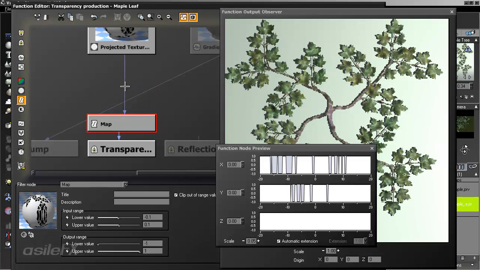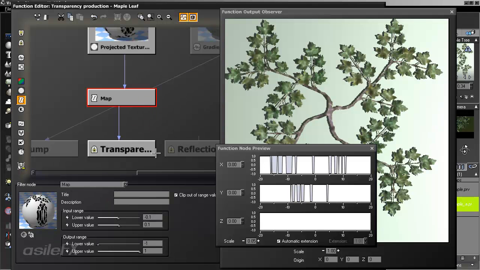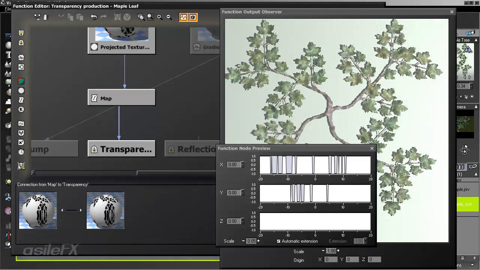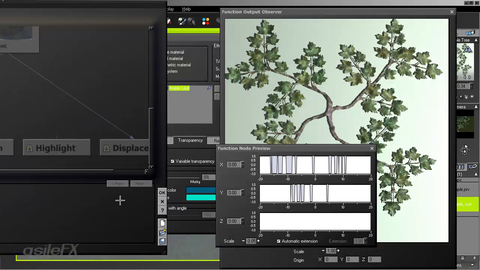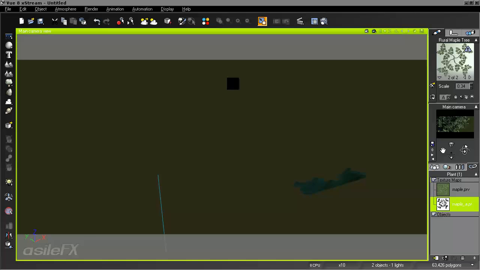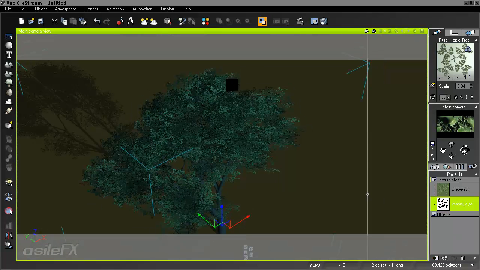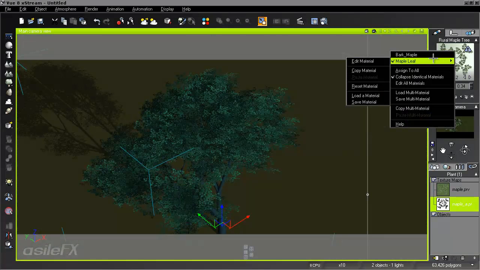Do you want to clip the out of range values? And sometimes it's not always going to show perfectly within the node preview, but we can even reduce this further just to allow a very small amount to get through. And that's going to help remove any of those in-between pixels. So it does give a much finer edge. Not using any of the image and